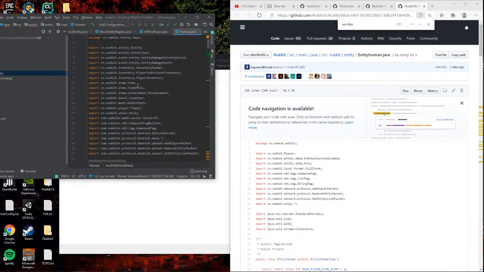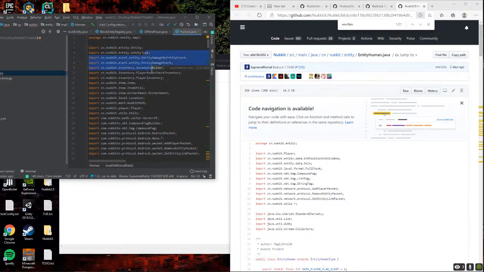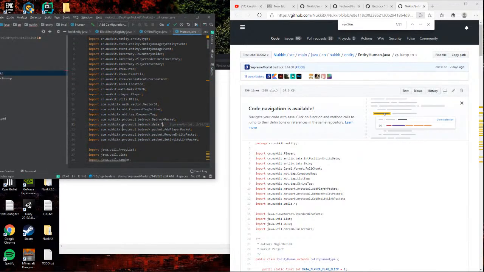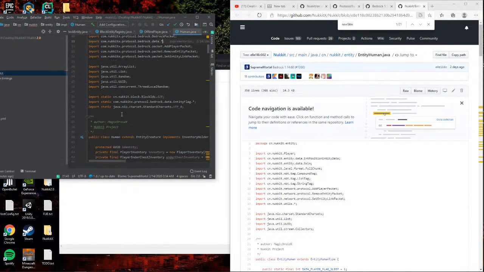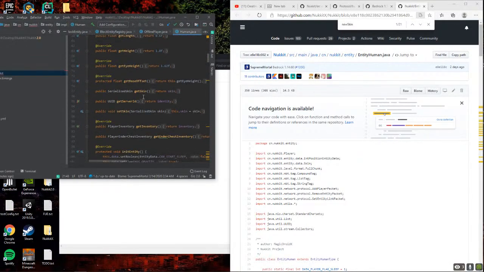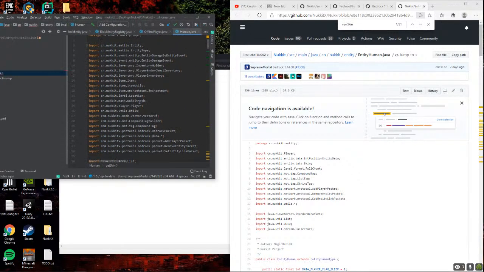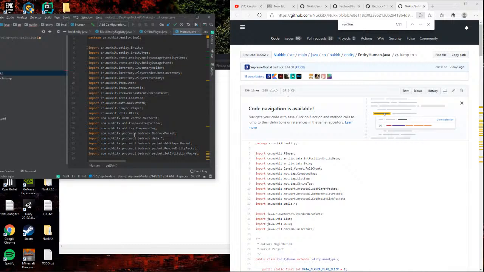And with this, skin is located in Bedrock data. Yeah, we use serialized skin, and serialized skin is saved in the protocol library.